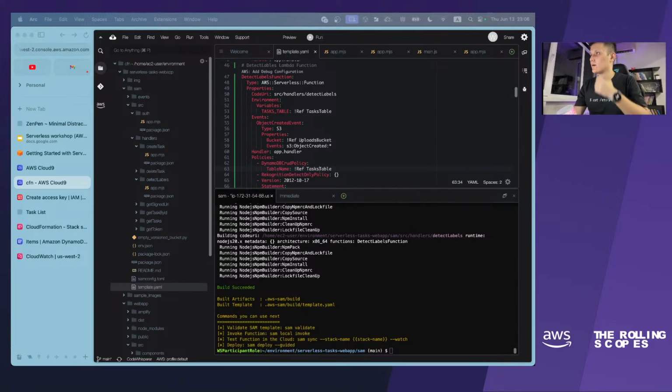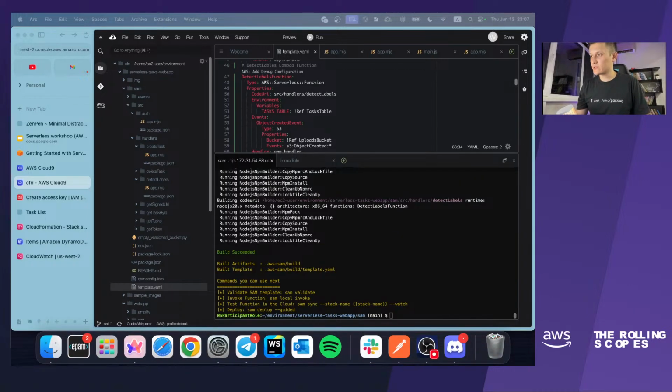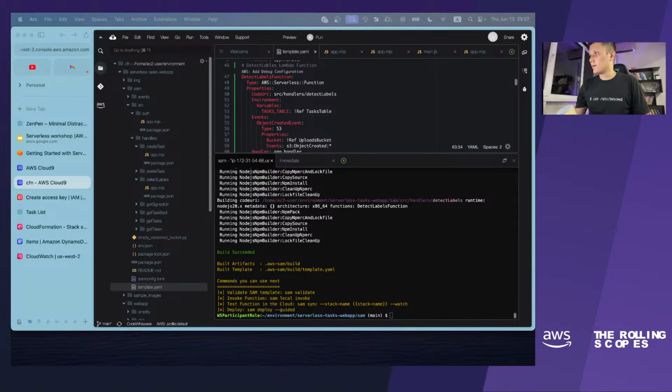If you face some issues with CORS, please check that your code has been saved, and I mean the code of your lambdas, because in the code of your lambdas we are trying to add proper headers to disable CORS. You may put the code in, but you may also forget to save this JavaScript file before the building and deployment. Okay, build succeeded, and now we can deploy.